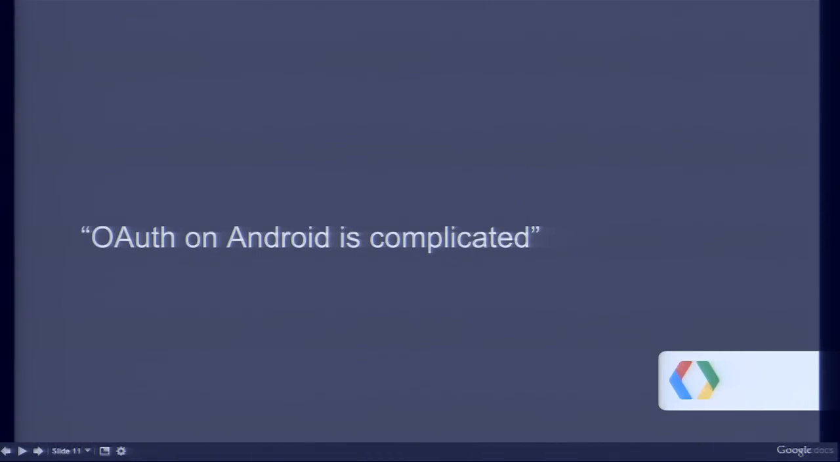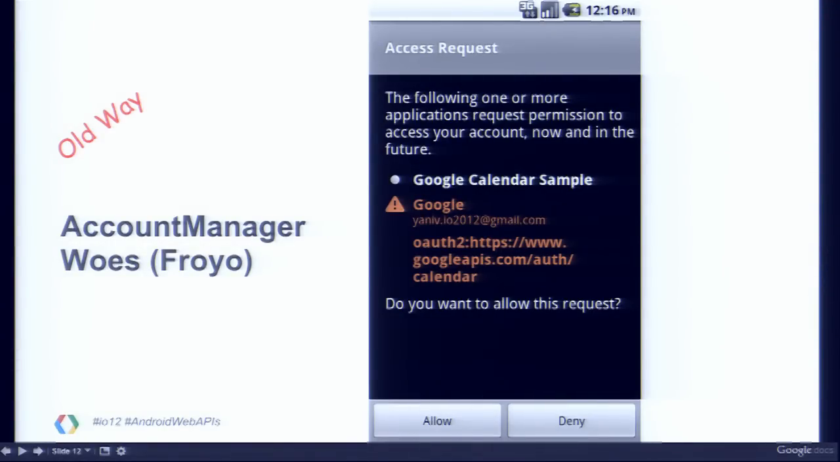Yes, so there's a number of reasons why it's complicated. And part of it is we just haven't done a good job of getting the message out, how to do it properly. But there's another good reason, and I'll show you the next screen of what the current authorization screen looks like. Now, if you have Ice Cream Sandwich or a later device, that represents about, I think, about 7% of the market of Android devices,